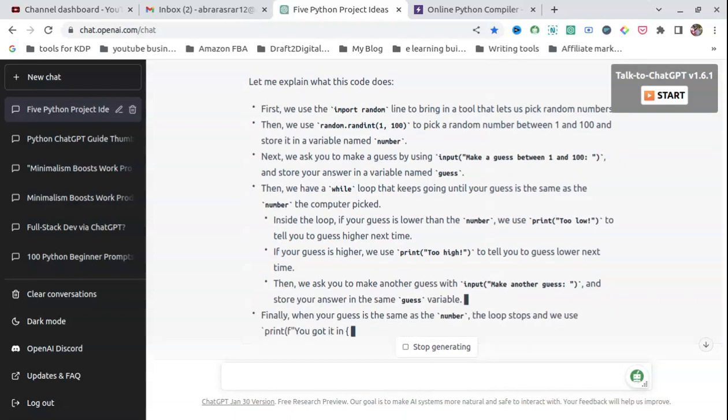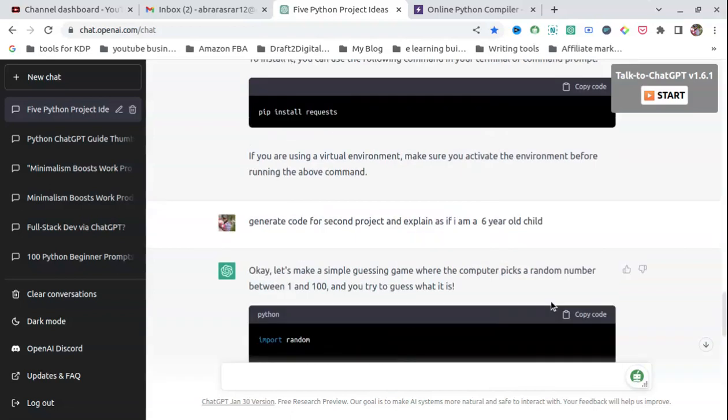If the random number that has been chosen by the system is lower, it will print too low, otherwise too high. And if you ask to make another guess, it will allow another guess. Okay, this is the second one.